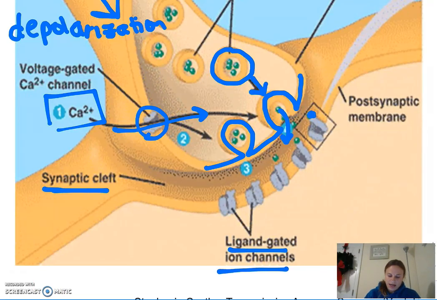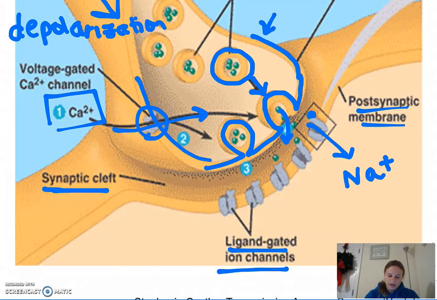And what it's going to allow is sodium to move into our postsynaptic membrane. So this is neuron 1. This is like the terminal branch of neuron 1, and then this would be a dendrite